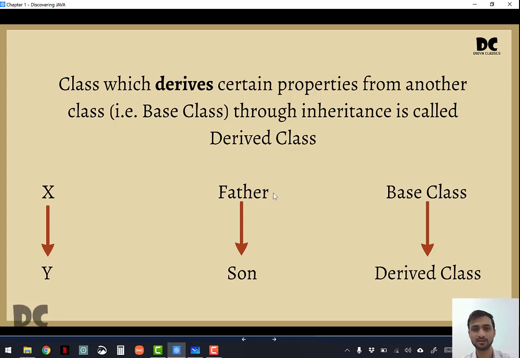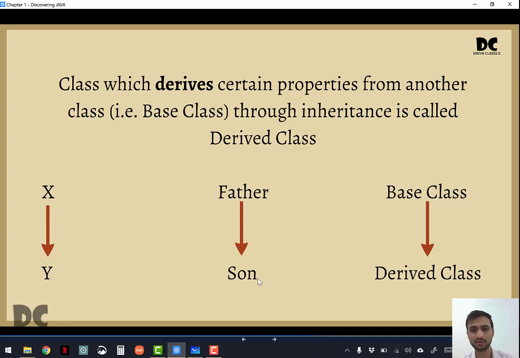Like father and son. Father is the base class and son is the derived class. Nobody will tell your father that he is the same as your son. No, they will tell you that you are the same as your father. It is not the other way, because father has taken birth earlier than you. So father is the base class and you are the derived class. Father and daughter.